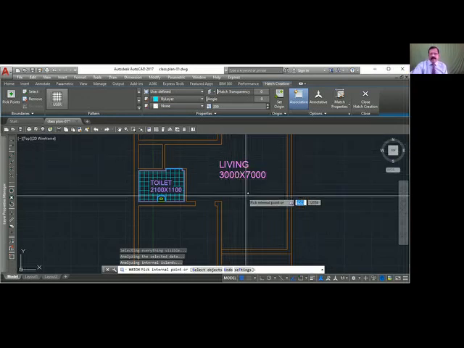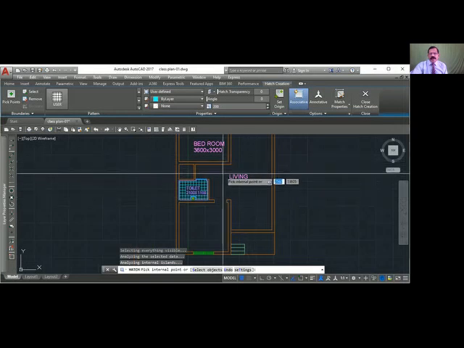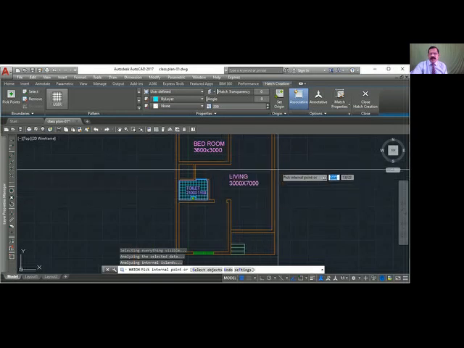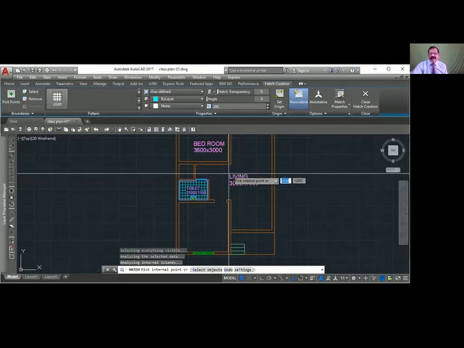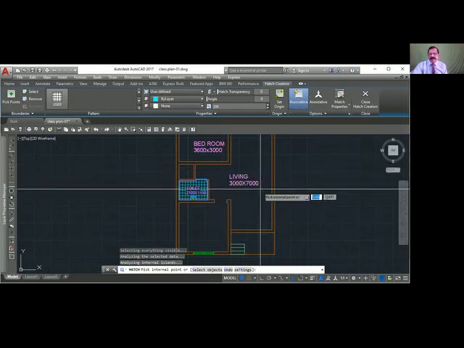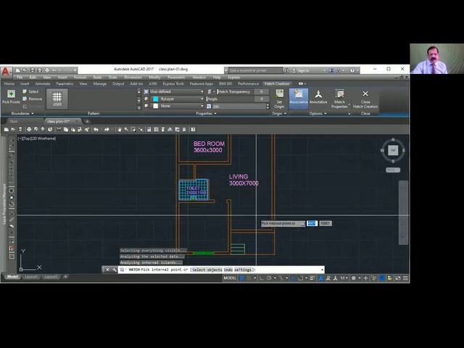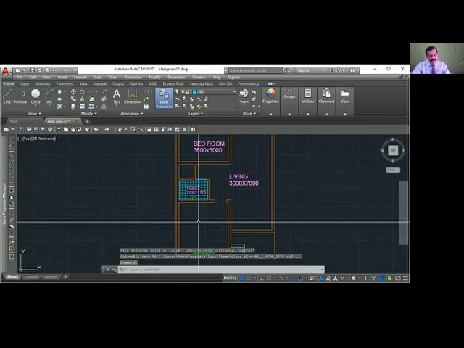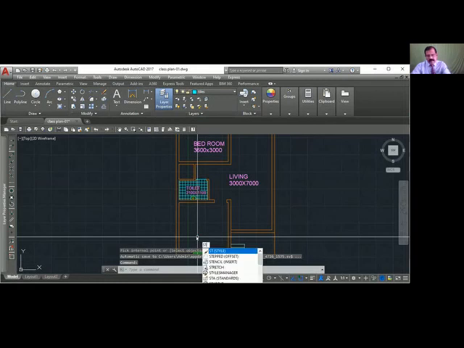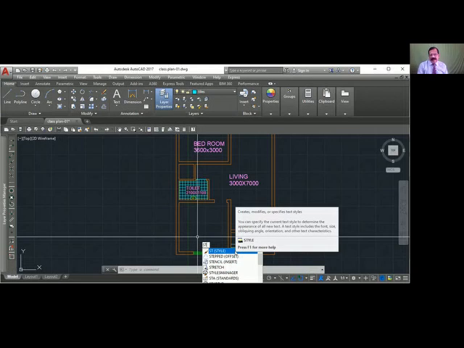Now I want to create a different style, a different font. So I have to create a different style. This one used Arial font. So we have to go to the style command, S-T-Y-L-E, style. The shortcut is ST, to create a text style.